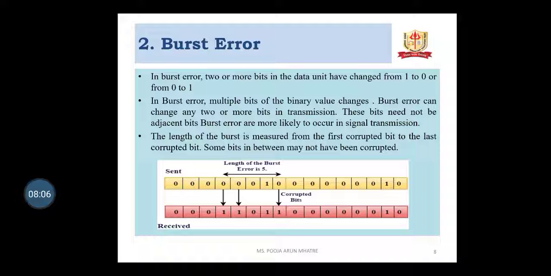Here 3 bits are corrupted, that means 3 bits changed their data from 0 to 1. So the length of the burst error is 5. The first corrupted bit is at the fourth position, and the last corrupted bit is at the ninth position. So the error length is calculated from the first bit to the last bit of the corrupted bits.